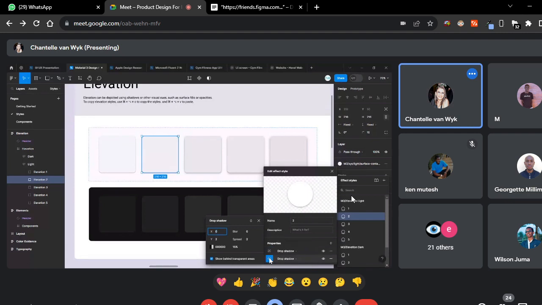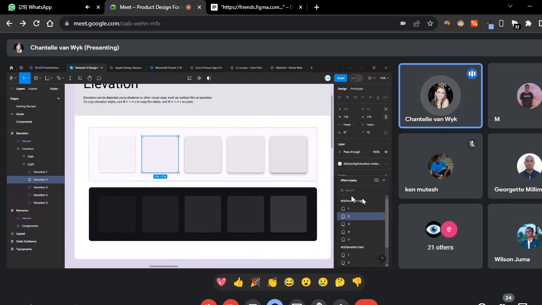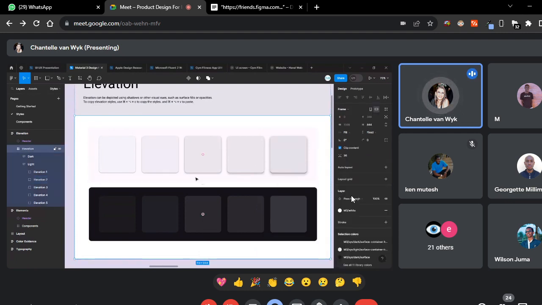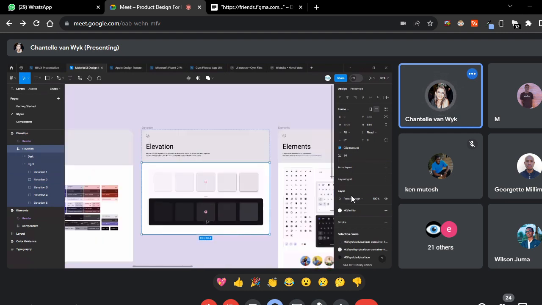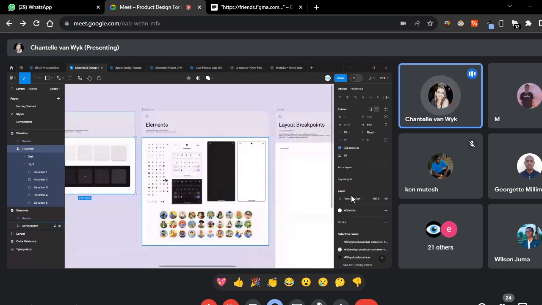Then this one actually contains two blurs, two drop shadows, sorry. And yeah, so you can see what they do generally when it comes to shadows, what the light mode looks like, what dark mode looks like, the different elements,